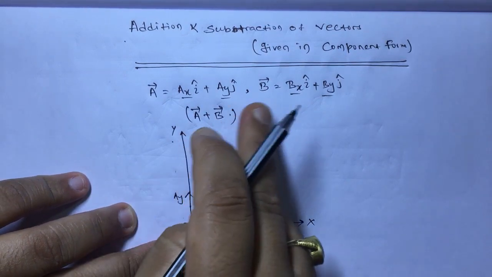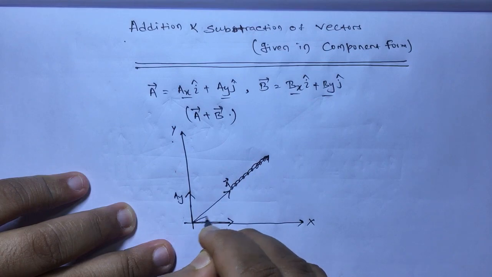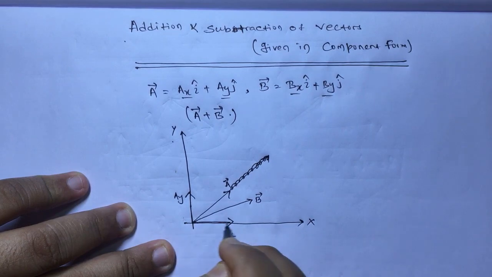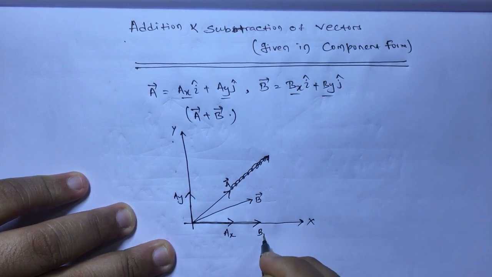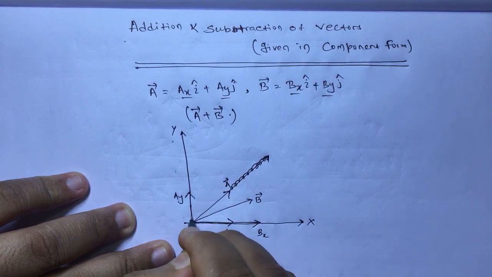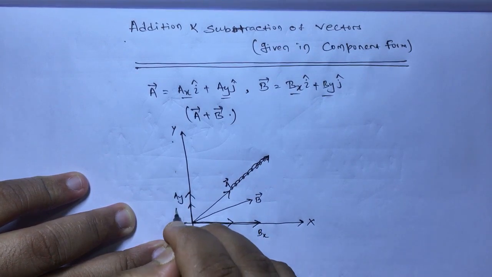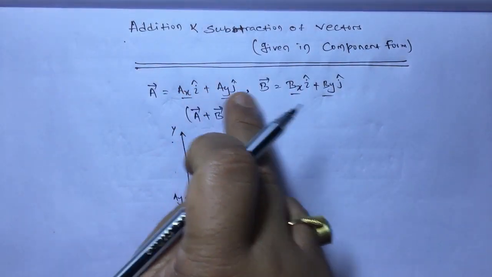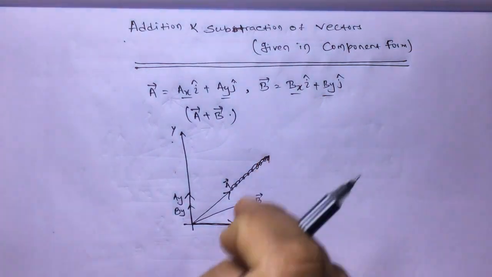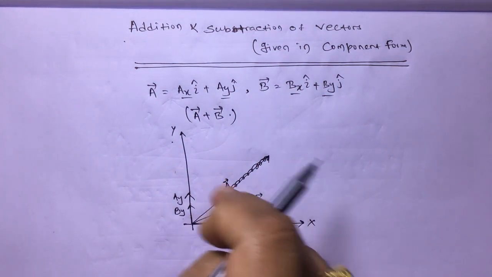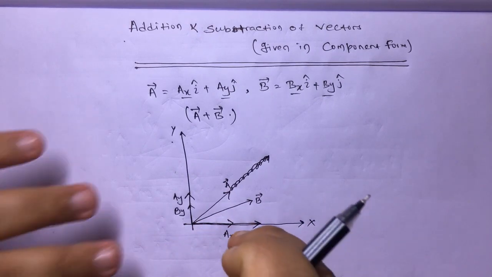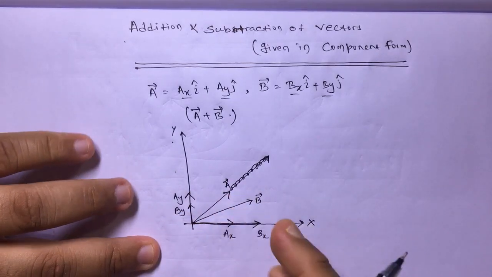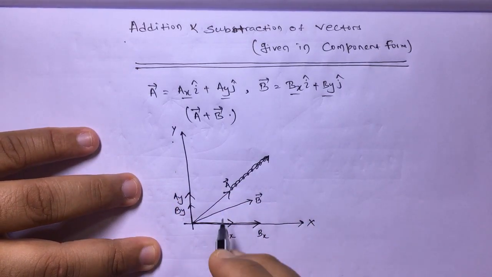Now, if there is another vector, B vector, let B vector be like this. It will also have two components. One component, from here to here, is bx, and the by component will be here, from here to here it will be by. Okay. This is what it means: A vector equal to this much and B vector equal to this much. Now you want to add these two vectors. Okay, first let us add the components. If I am adding these two vectors, it is equal to adding the components. Now why will I add the components?